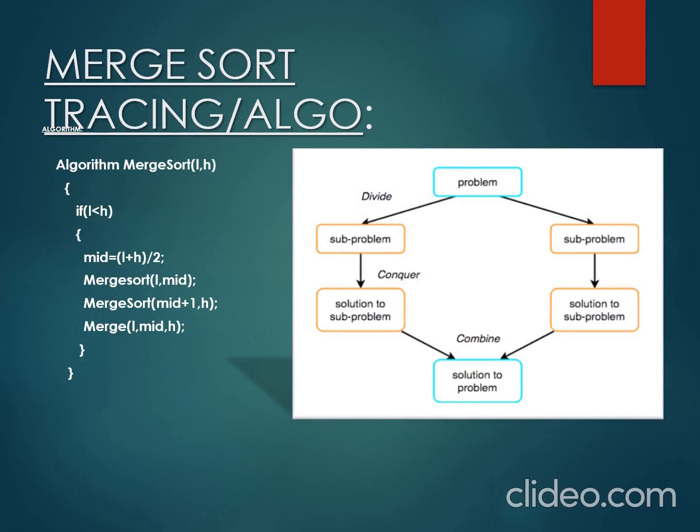And this is the merge sort algorithm. Here we have three elements: lower end, higher end, and the middle element. After finding these, we can apply the merge sort function by passing the lower end and the middle element as arguments, and also passing middle plus one and the higher end. So the basic idea is that the problem is divided into two subproblems and conquered. Conquer means finding the solution to each subproblem, and again combining the solutions to get the total solution of the problem.